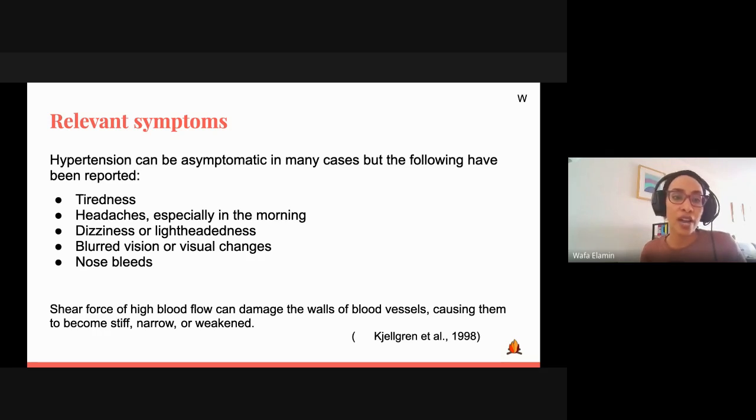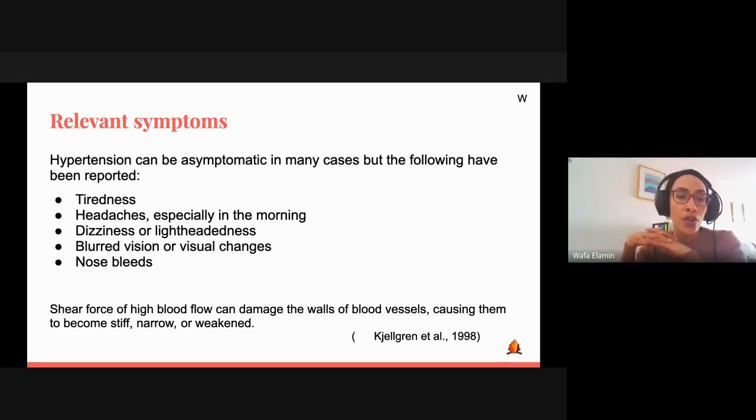These can be related to tiredness, headaches, and headaches especially that's reported in the morning. Can also report dizziness and lightheadedness. You can get blurred vision or visual changes, again, because of the blood vessels that are being impacted within the eyes. And you can also get some nosebleeds, and constant or recurrent nosebleeds may indicate elevated blood